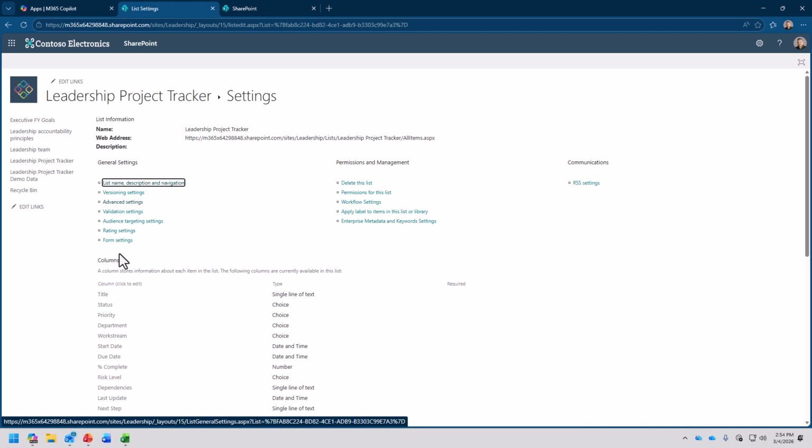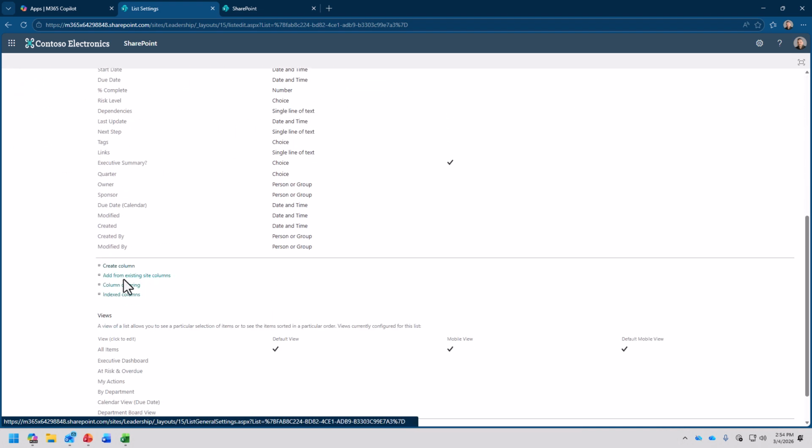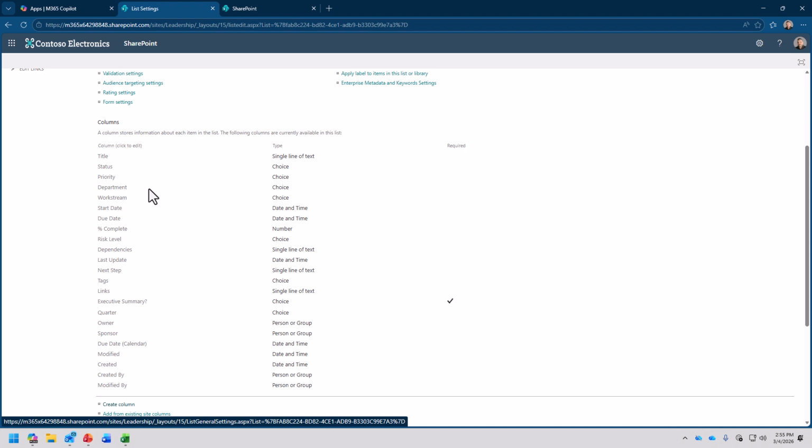And this is where we can go in and see the columns and see the types. You can more manually go in and do this stuff. This is the older way, but you know what? It's all there. It's just very basic, rudimentary style. And if you click on any of these, like start date,